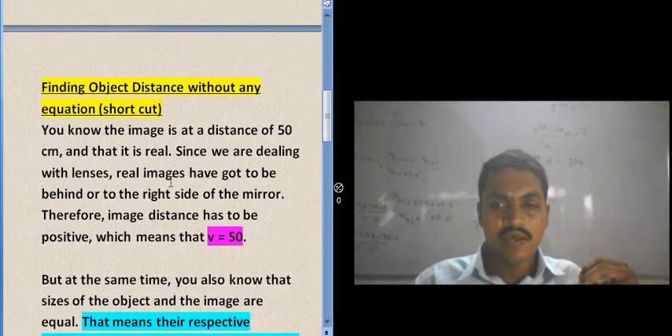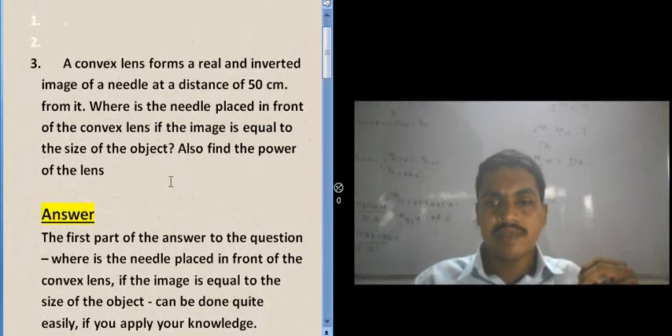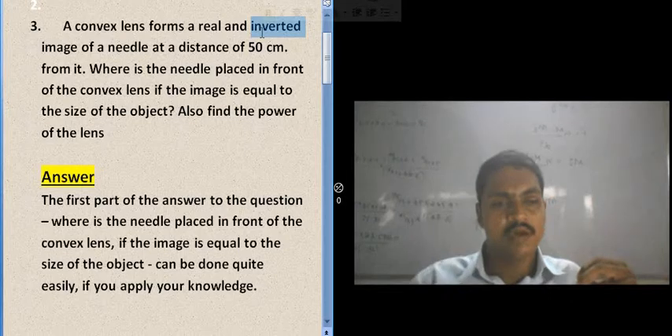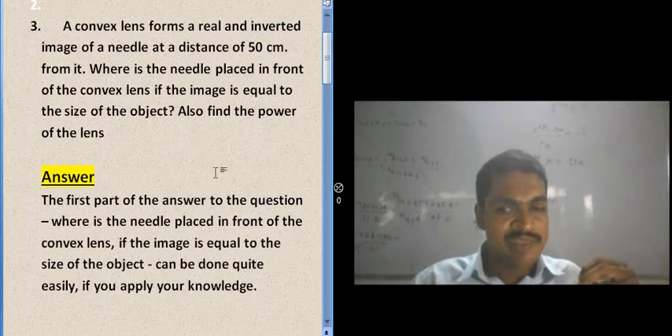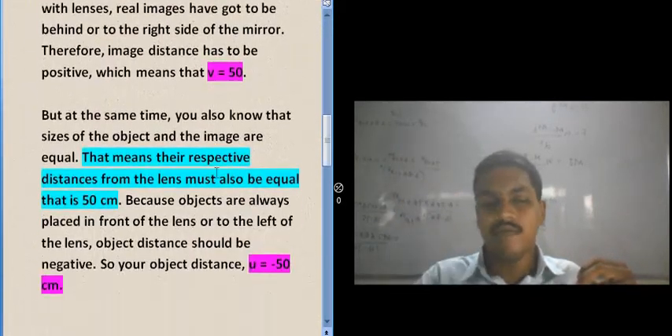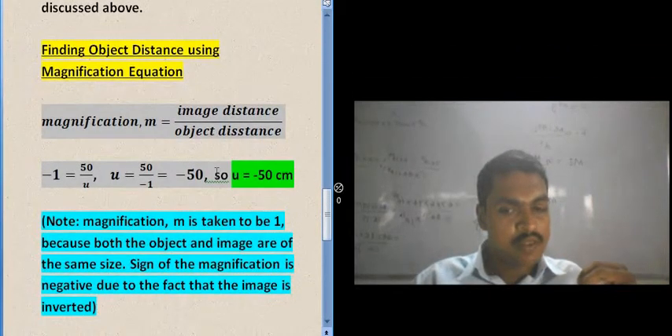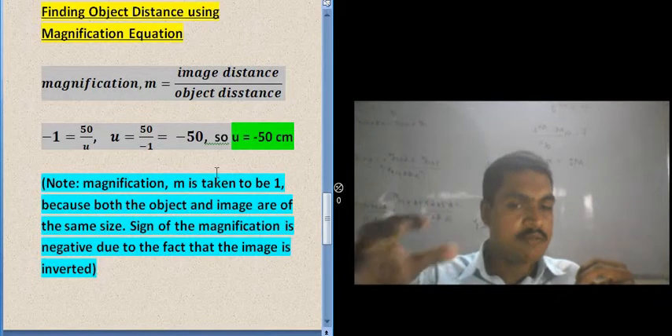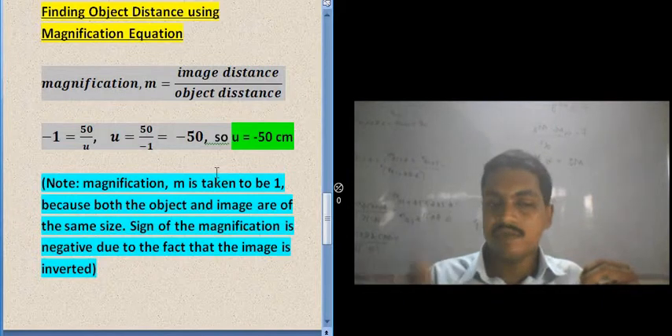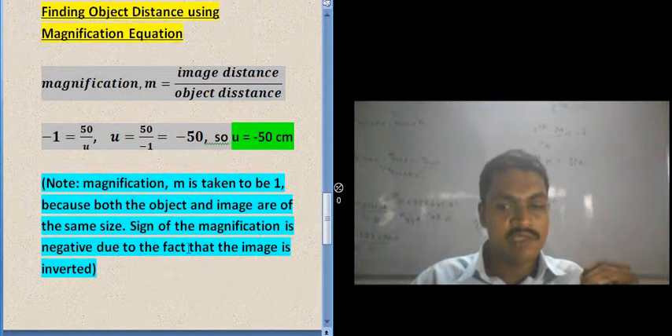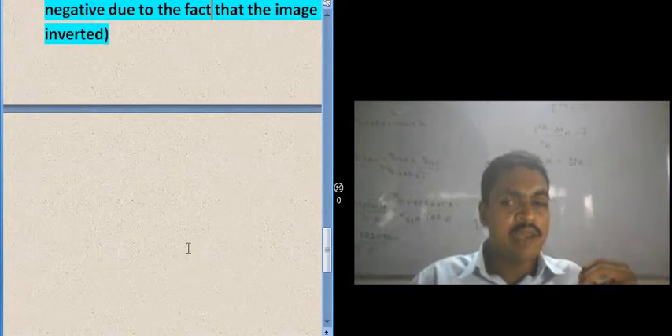So you can see it over here. It says in the question, you get a real and inverted image. That's what we are talking about. So when your image is inverted, the sign of the magnification invariably is going to be negative. So far we have answered the object distance. We want it to be -50 centimeter in both ways, using the shortcut and using the magnification equation. So what you need to find next is